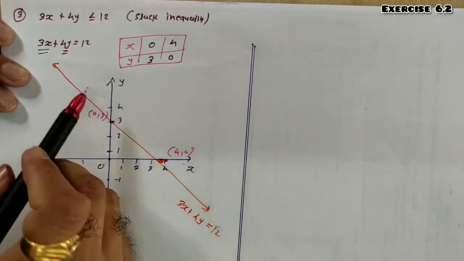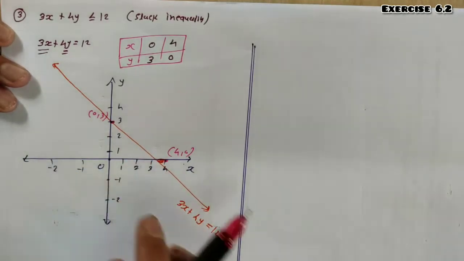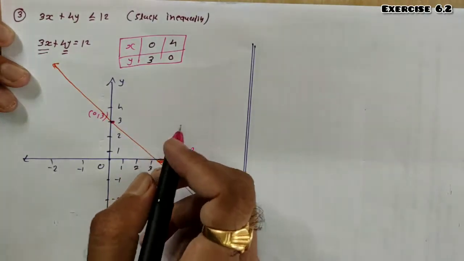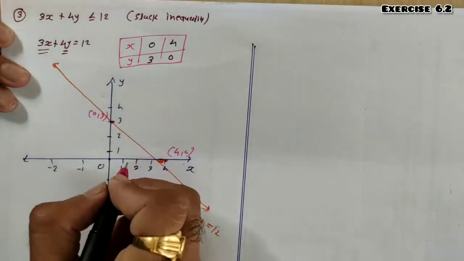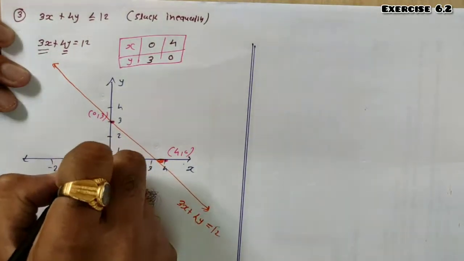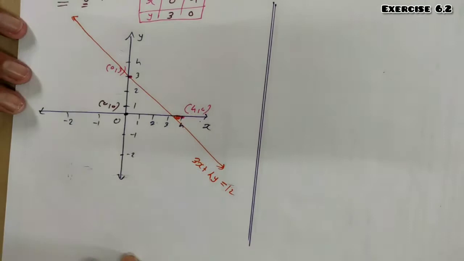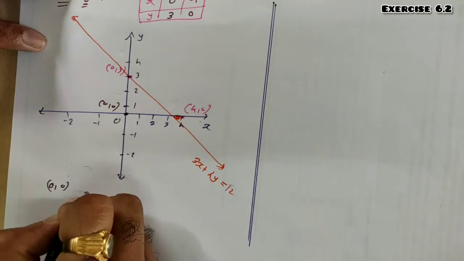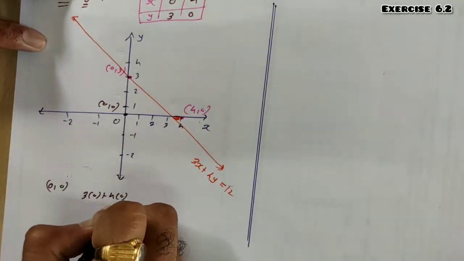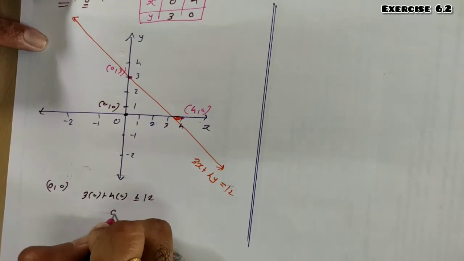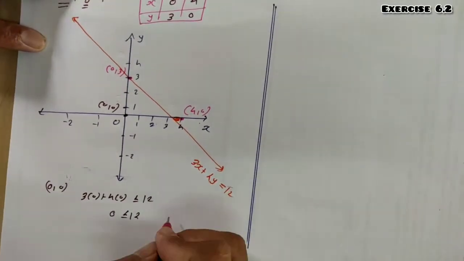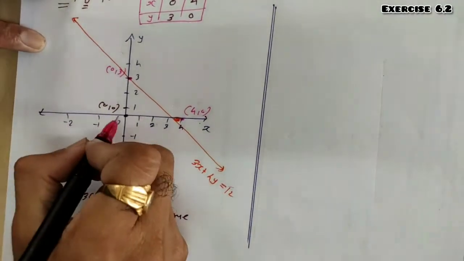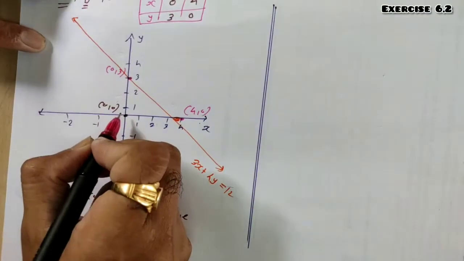Now by drawing this line in the plane, our plane is divided into two half planes, upper half plane and lower half plane. We have to check which half plane is the solution of this given inequality. For that we will check the origin 0, 0, whether it lies in the solution plane or not. For 0, 0, our inequality will be 3 into 0 plus 4 into 0 less than or equal to 12. So 0 less than or equal to 12. It is true. That means this origin 0, 0 lies in the solution of our half plane.